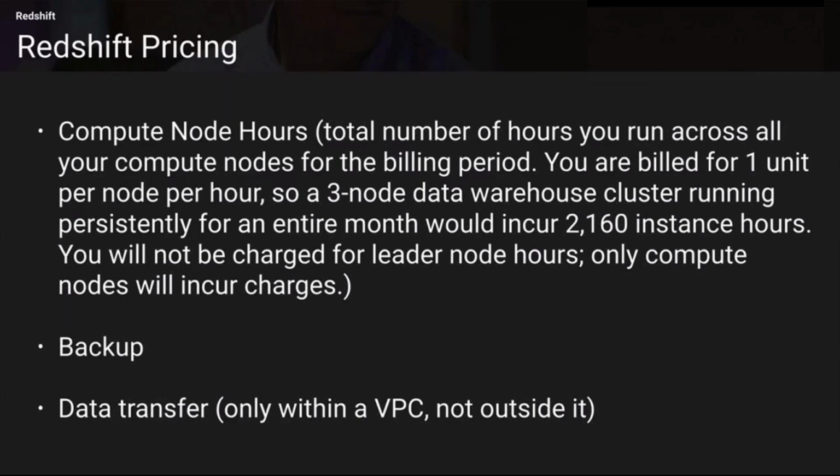Currently the billing is like you are going to be billed 1 unit for using 1 node per hour, but the unit price can keep changing. Currently there is no standard price for the unit. It can be $1, $5, $10. From time to time, they keep changing depending upon the price of the competitors that they have for their data warehousing tools. So if you want to see the current price for a single unit, you can just go down to the calculator and you will be able to get it here.